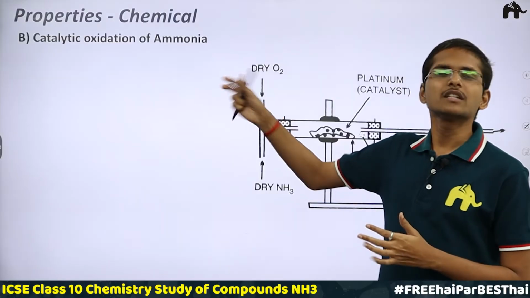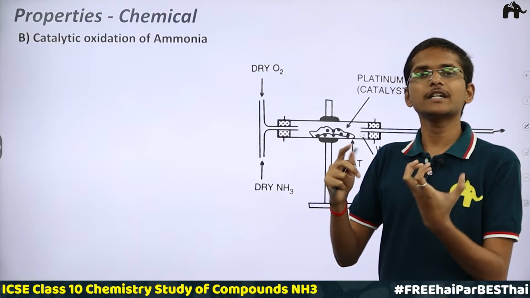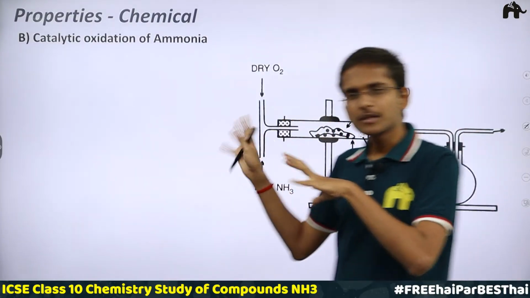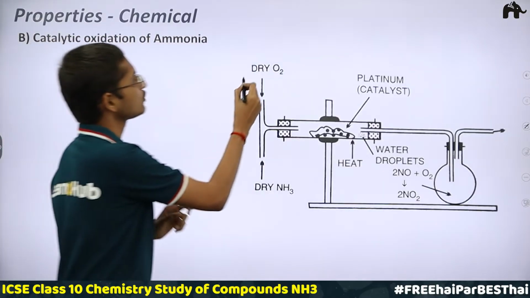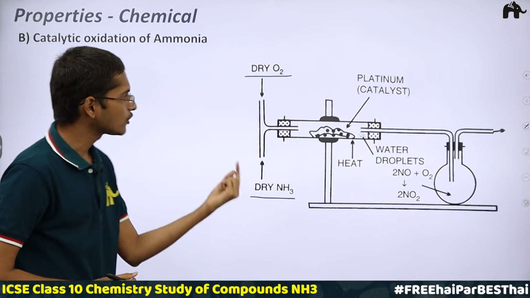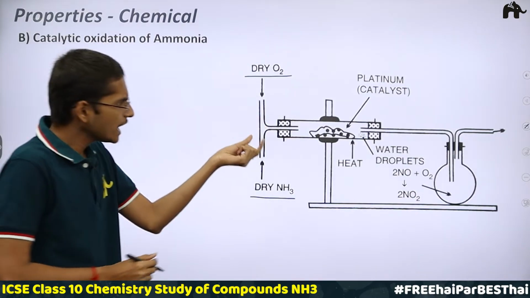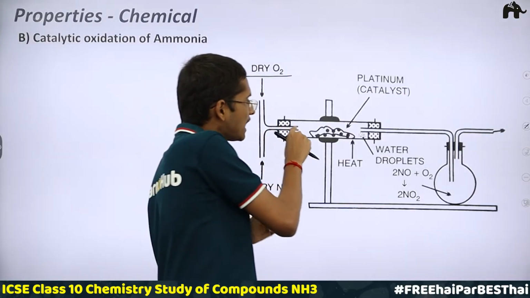Okay, we have just seen the burning of ammonia in oxygen. Here the ammonia will get oxidized, which means ammonia and oxygen are going to react, but in the presence of a catalyst. Let me tell you the simple procedure for this catalytic oxidation. We are going to take dry oxygen and dry ammonia, and pass them through these inlets first of all, and we are also going to make them pass over